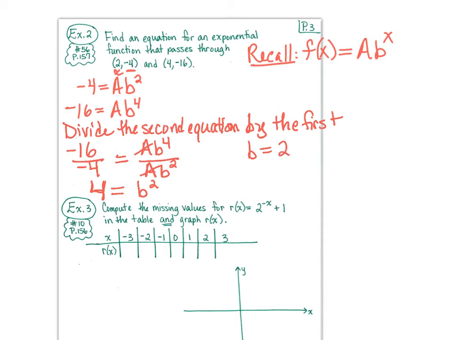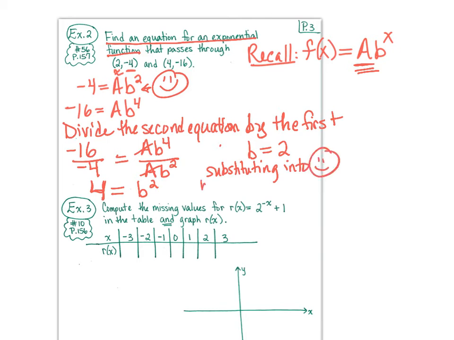Now we're not done, because what we did so far was we found our base. But now the problem says find an equation for an exponential function. So we have to find A as well, okay? But now that we found B, we can substitute that into, let me call this smiley face, that equation. We can substitute. So substituting into smiley face, we get